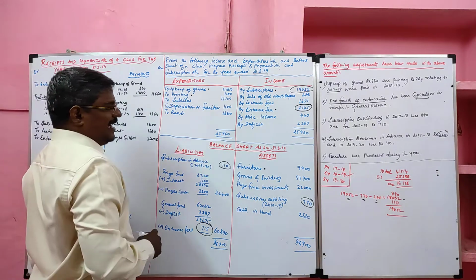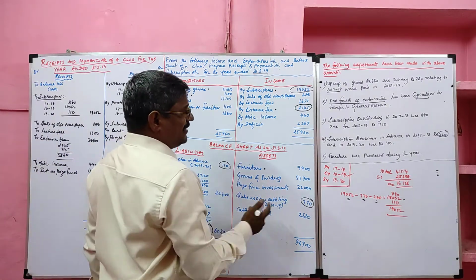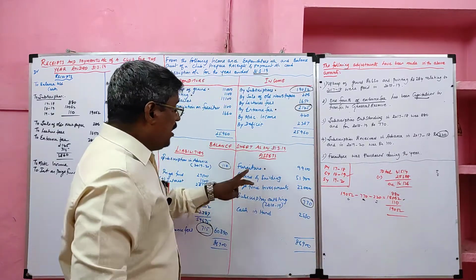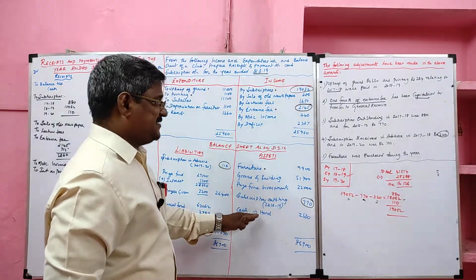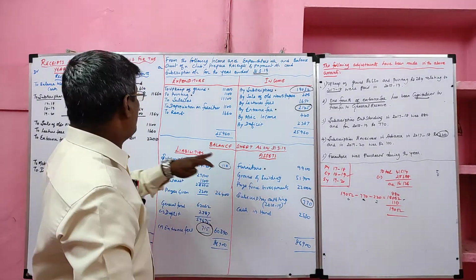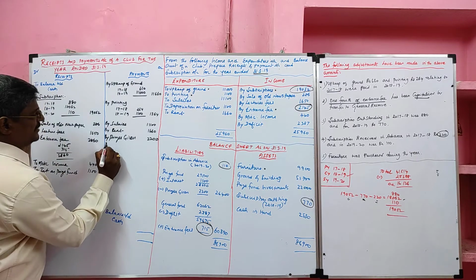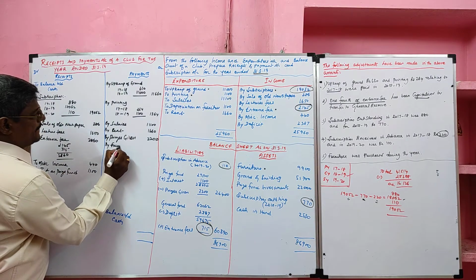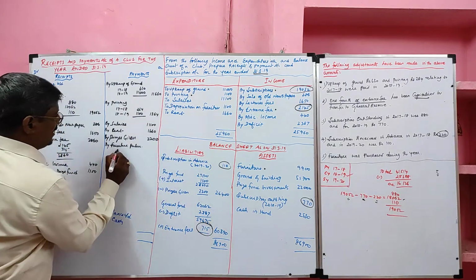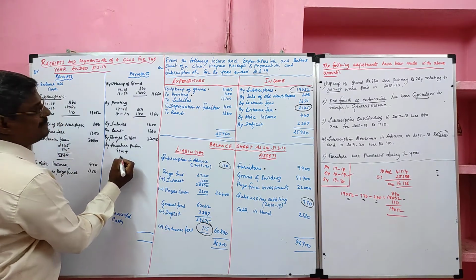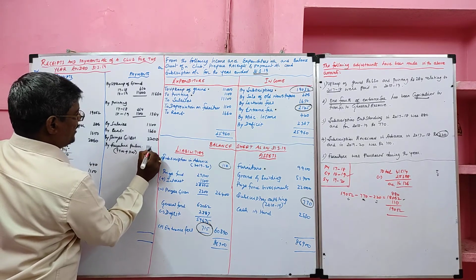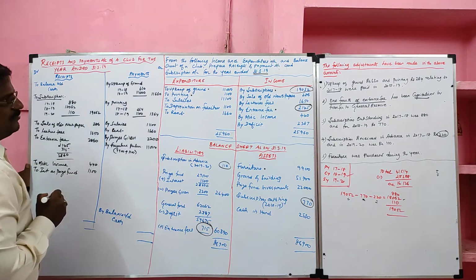Then go to the asset side. We have an adjustment for furniture. What they are saying is that some furniture was purchased during the year. There are many fixed assets, of which only furniture they purchased during the year. So this will be recorded in the payment side. Buy furniture, purchased value how much? 9,900. On its depreciation, how much? 1,100. So the total value of the furniture they purchased is 11,000 rupees.